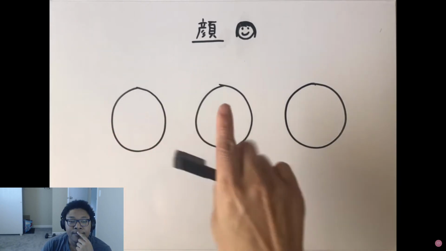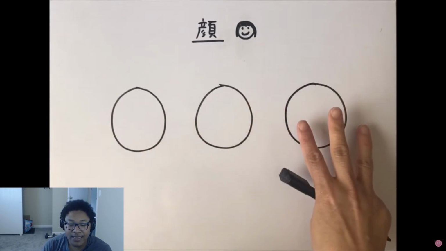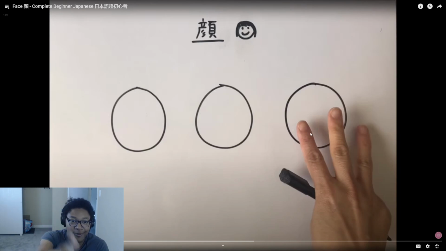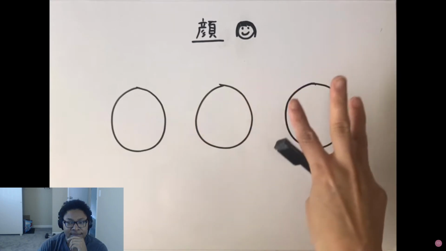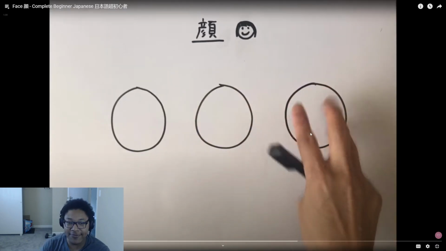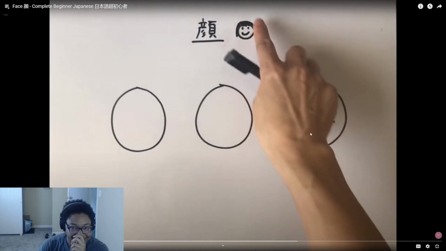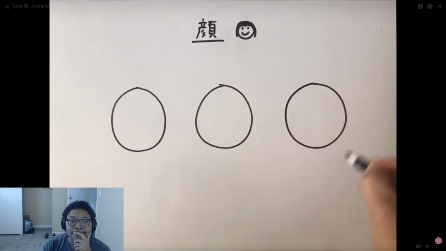1、2、3。 So just there, you're like 1, 2, 3. And if you just kept repeating that over and over again, you'd be like, okay, this is what 1 is, this is what 2 is, this is what 3 is. 1つ、2つ、3つ。 Oh, wait, that's a different way of counting. That's interesting. They have a different format for counting that isn't just ichi, ni, san, shi, go, etc. 顔を描きます。